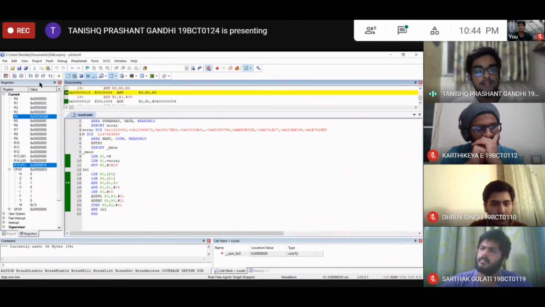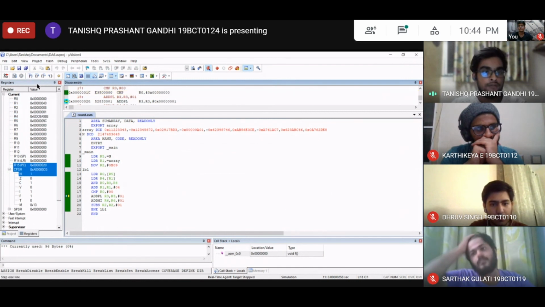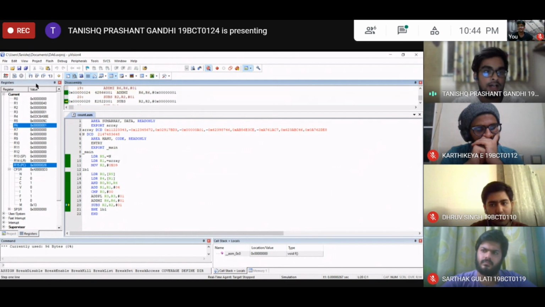This green line indicates that the loop is there. When we go to the next number and compare it, as this is a negative number, you can check that the R0 MSB is 1. So it turns to 8. And now you can check that the N bit is set to 1, which indicates that it is a negative number. As we are counting negative numbers in the R6 register, R6 will be initialized with the count 1.